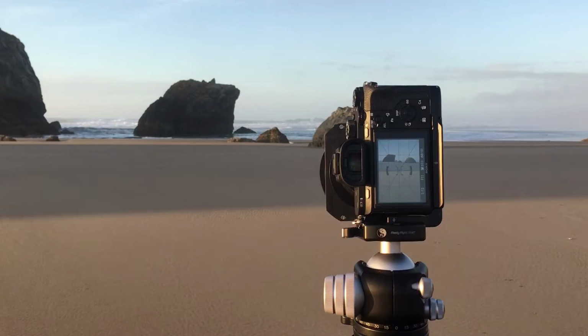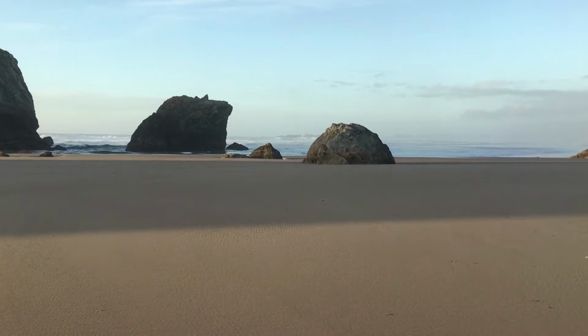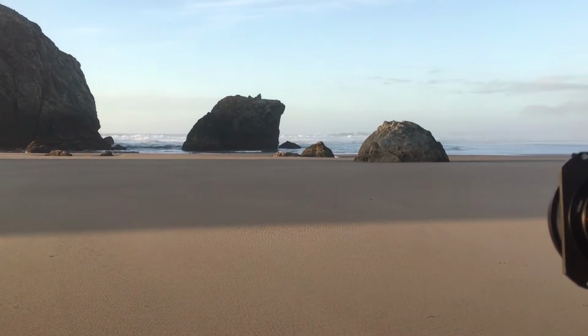If I frame up like this, it's going to end up being just really silhouettes. And I would lose some of the depth and dimension. The smaller rock here would get lost in that bigger one as a silhouette. Might be able to coax something out in post-processing, but I'm really just trying to force the issue at that point. So I think I'm going to circumambulate this one more time and maybe return to that one composition